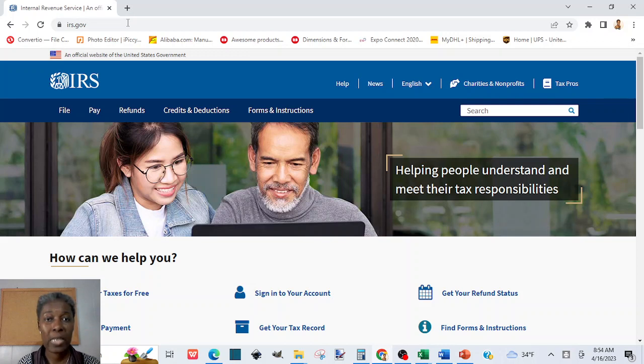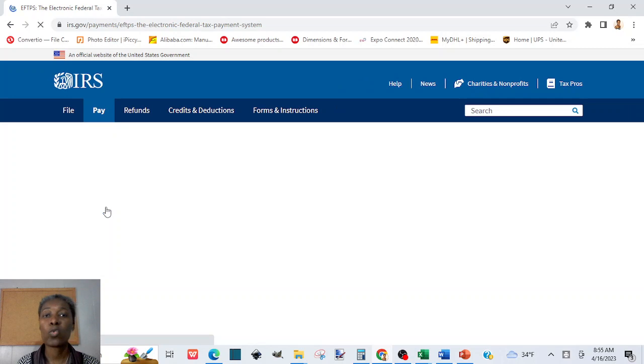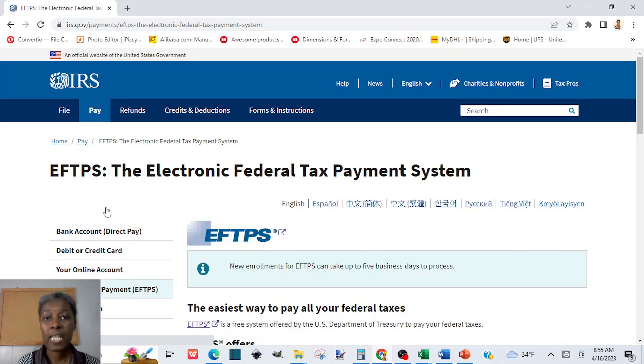If you have a monthly deposit schedule, you will pay by the 15th of the month. And if you choose a semi-weekly deposit schedule, you'll pay on Wednesdays and Fridays. To make those deposits, you go to irs.gov, and under Pay, you click on EFTPS, the Electronic Federal Tax Payment System. So you deposit using EFT, Electronic Fund Transfer,